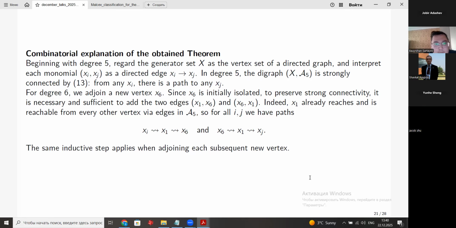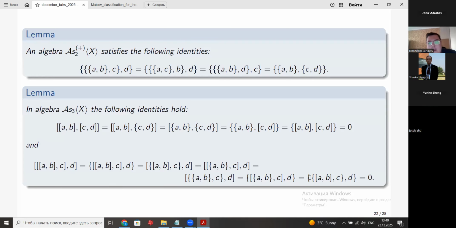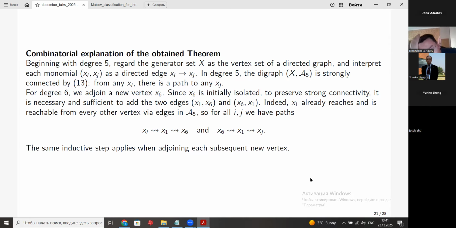Now what we did, we constructed the basis of the free second type associative algebra. Now, the next logical step: we need to consider free associative algebras of the first type and the third type. The task is finished for the second, now for the first and the third.